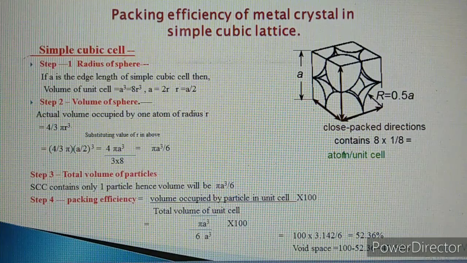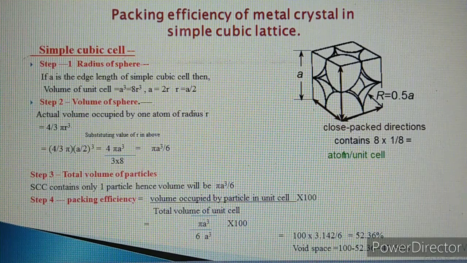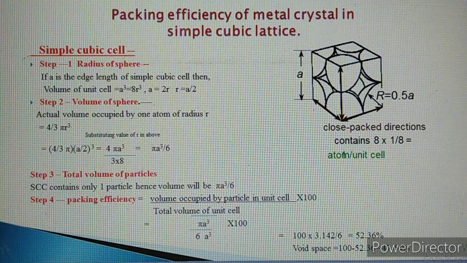Good morning students. In the last video, we discussed the packing of the particles in a given crystal lattice. This packing may be one-dimensional or two-dimensional. In two dimensions, we discussed the square close packing and hexagonal close packing, that is AAA type and ABAB type close packing in two dimensions. Also in the previous video, we discussed the close packing in three dimensions.